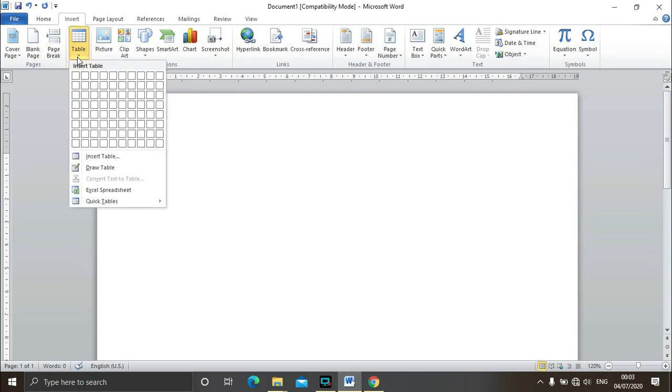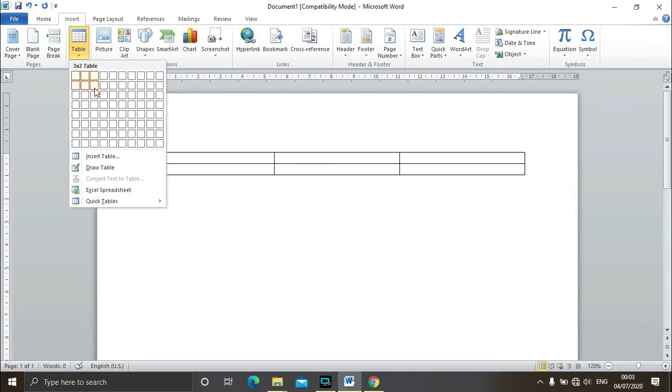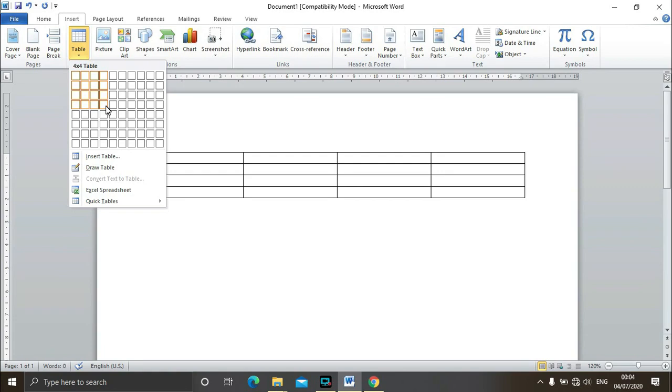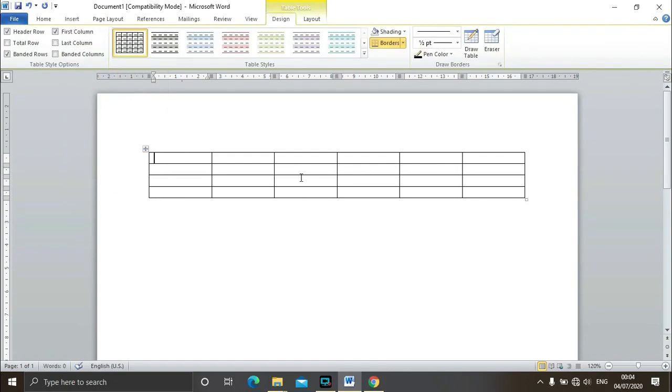Click on this list, click on the option, you can see these boxes are there. As you move the mouse pointer on these boxes, the table is created automatically on your page. Till here you have only two columns, three columns, four columns, 4 columns 2 rows, 4 columns 3 rows, 4 columns 4 rows, 5 columns 4 rows, 6 columns 4 rows, and so on. If you click on it, you can see a table comes up here, and if you